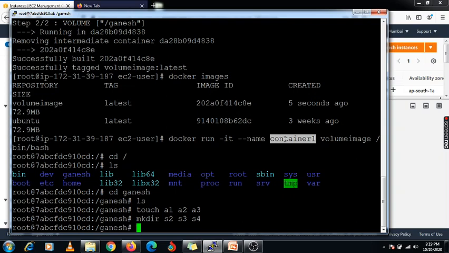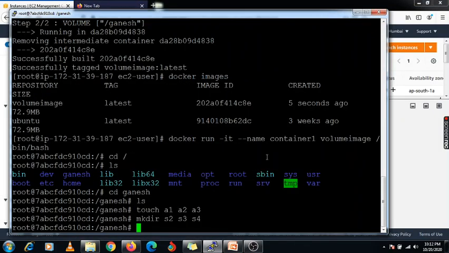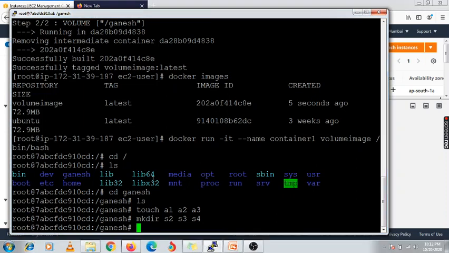Okay, so now we are going to create another container from this existing container. This container already has one volume, and that volume name is Ganesh. Under this directory we have created some files, and we can share those files using this volume on the new container. So how can we do it, right?